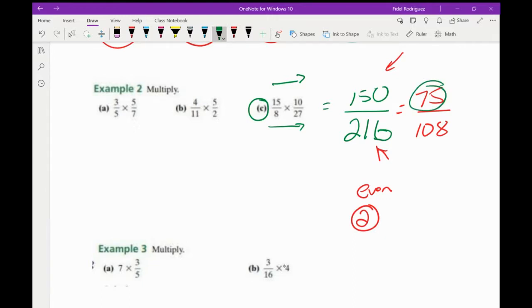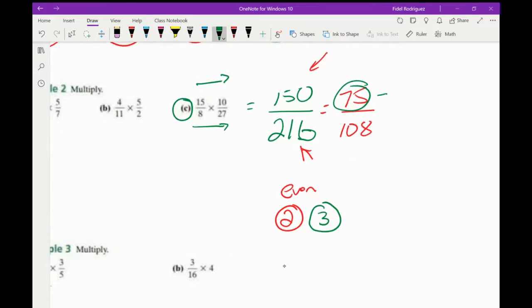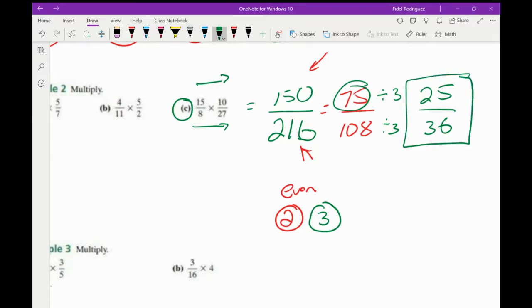So if you remember, we had a list of prime numbers, and after 2, the next prime number was the number 3. So I might say, well, let me try to see if I can divide them both by the number 3. And I'm going to take my calculator again. So I'm going to take 75, divide it by 3. That's going to give me 25. Like 3/4 gives me 75 cents. And then I'll take 108 and divide it by 3, and I'm going to come up with 36. And then I think at this point here, guys, I'd have to stop. I couldn't reduce anymore. And that's where I would end.